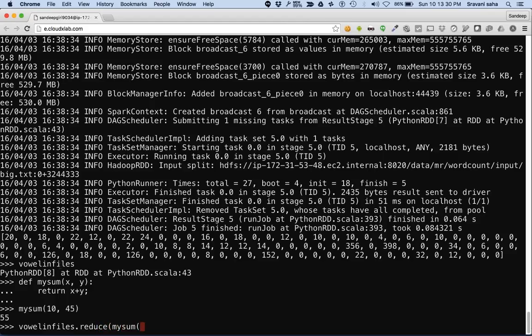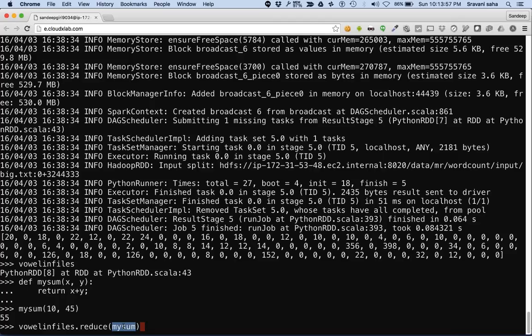Right here, I would like to take a small digression. When you say reduce and pass my sum, we are passing a function called my sum to Spark, saying, hey, here is a function which can reduce two values into a single one.